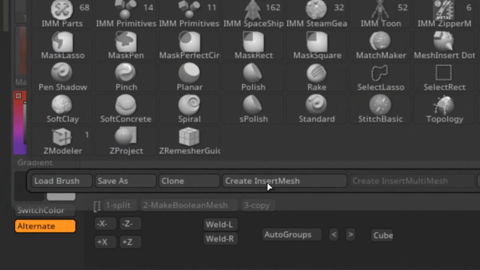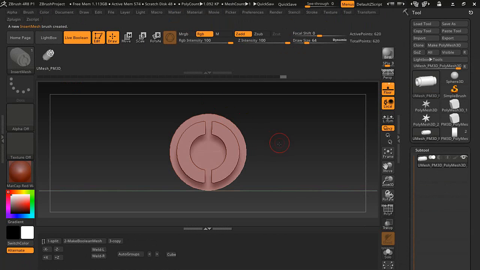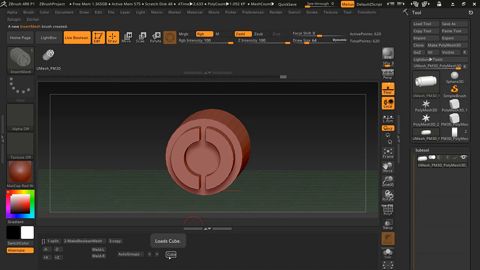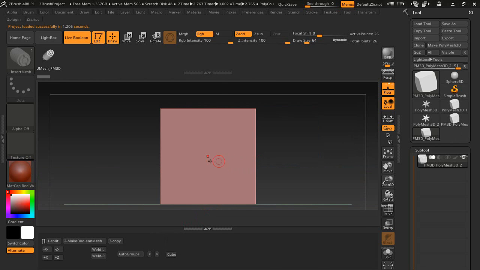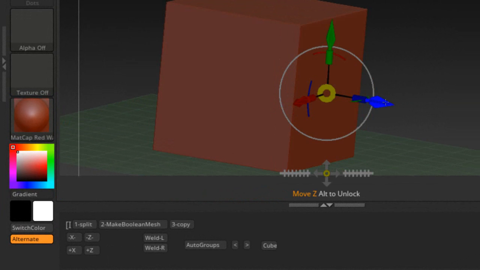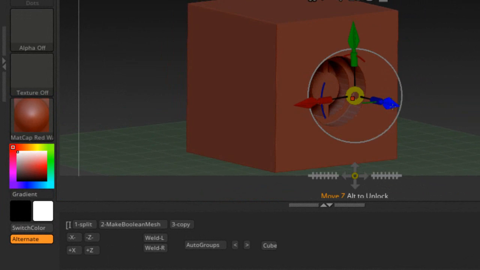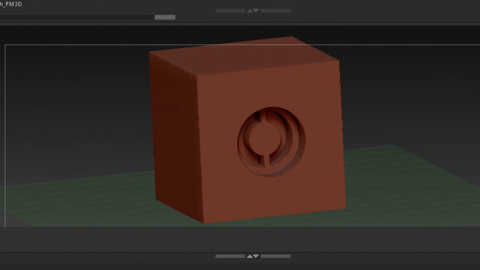This time we're going to create just an insert brush here. Press new. And let's give this thing a try. Let's load the cube. Drag out. Step 1 to split. Go into Boolean mode. And sometimes you got to drag way out a little bit further than normal. As you can see there, that one inside there that's inserted